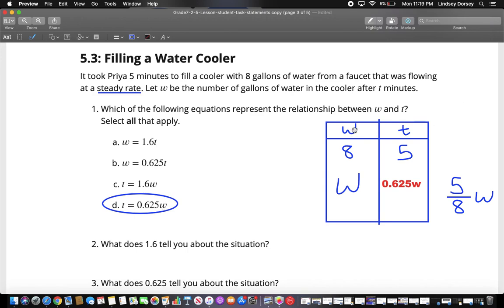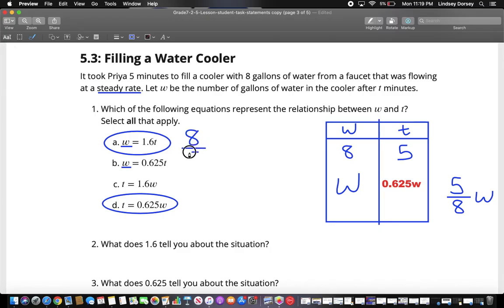Okay, so what if we switch places with the T and the W? So if I want to know what W equals, I need to determine what my constant of proportionality would be. So I know it was 5 divided by 8 here, so I need to use the reciprocal. So would A or B be the correct answer for my second equation? Okay, it would be A. Because when T and W switch places, I would divide the opposite way. So it would be 8 divided by 5,